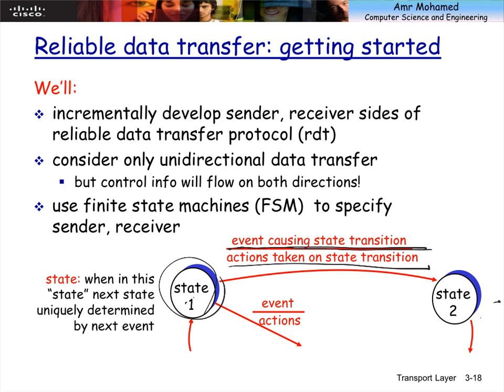For example, if I'm waiting for an acknowledgement and there is an event that the acknowledgement has been received, then I process this acknowledgement, and based on that I may have to transition to another state, which means I'm no longer waiting for acknowledgement. I might wait for another segment coming from the application layer. That's how we design the transport layer protocol using the finite state machine.